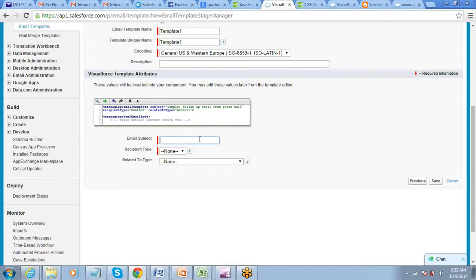Write the subject of the email, recipient type, who will receive this email: contact, lead or user.